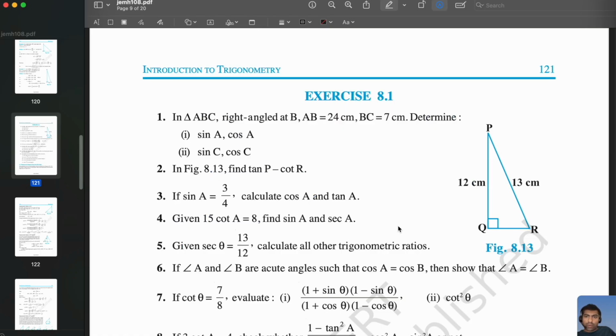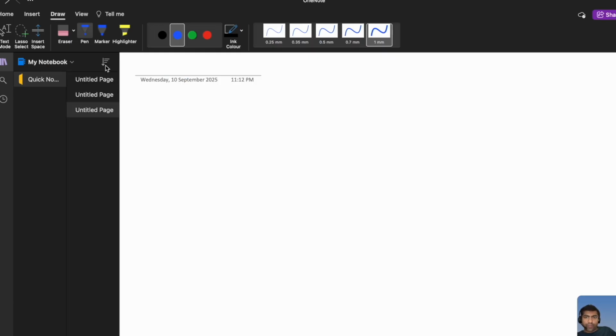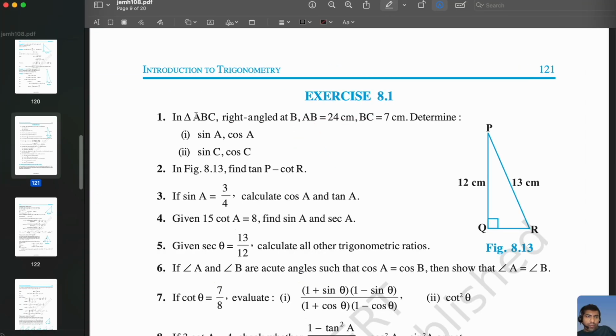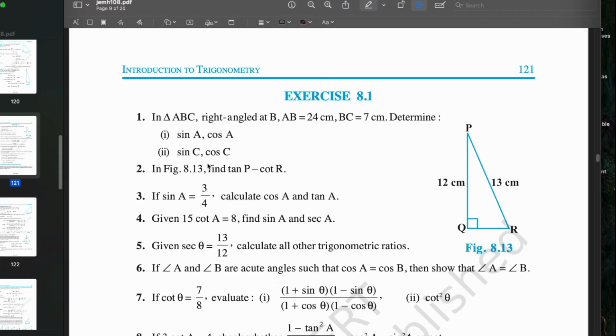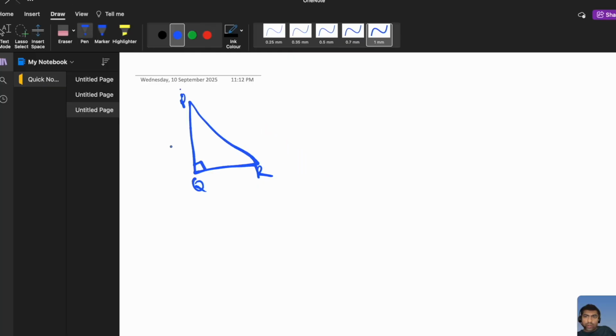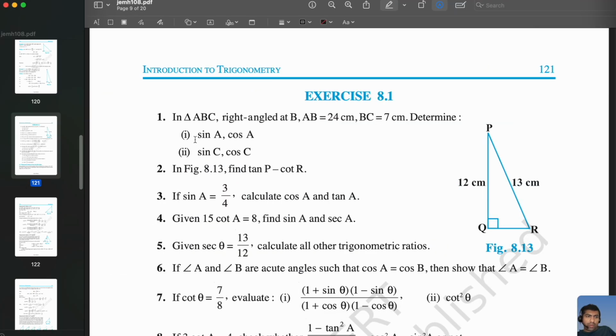Exercise 8.1, second problem, that is find tan P minus cot R. From figure 8.13. So let's draw this figure. PQR. So the right angle is here and PQ is 12 centimeters. PR is